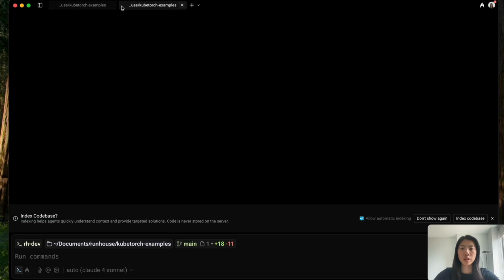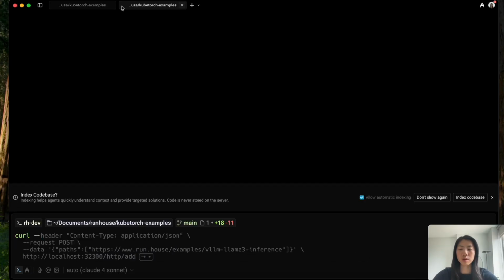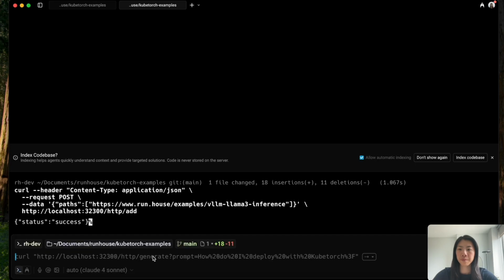And now we can run curl commands through the service just as we would with any normal FastAPI app. Here we're passing in the path to our VLLM Llama 3 inference example, and just one thing to note with the URL is that we add an additional HTTP to the endpoint, and this signals that we want this command to be passed through to the FastAPI app and not just to the service. See that it succeeded,